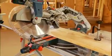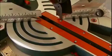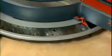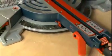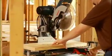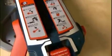A large, easy-to-read bevel scale provides quick reference indicators for all common, crown, and roof angles, while the stainless steel miter scales and 10 positive miter detents allow speedy adjustment for the most common miter cuts, and a push-button miter